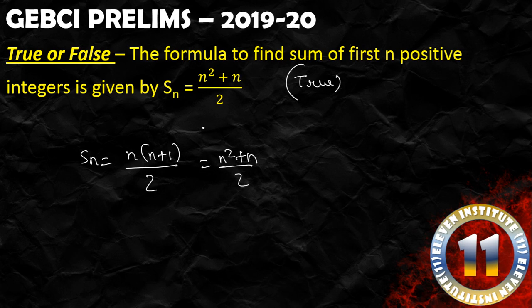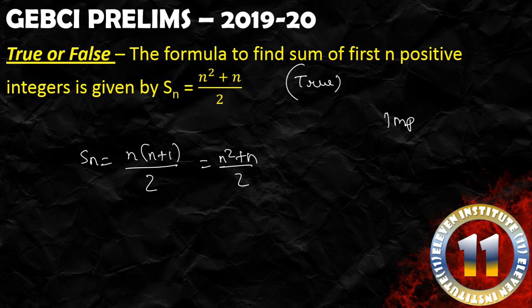It is a pure textbook question, but you understand, someone has taken just one line from the question and asked it in True or False. So you have to be alert. Right, here the answer is true. This is the formula to find the sum of first n positive integers, n square plus n whole divided by 2. Right? Please pause the video and write this down in your CW.